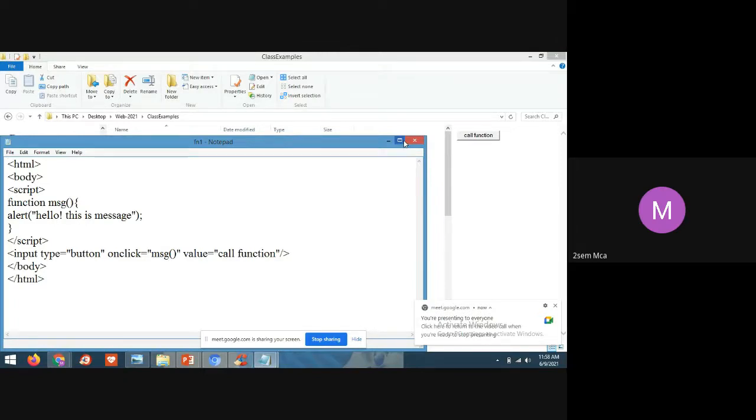You can see this example, but the function definition should be in the script tag, and the calling of a function you can do directly in the body tag, or using the input tag also you can call it. When you take a button, inside the button also you can call the function.